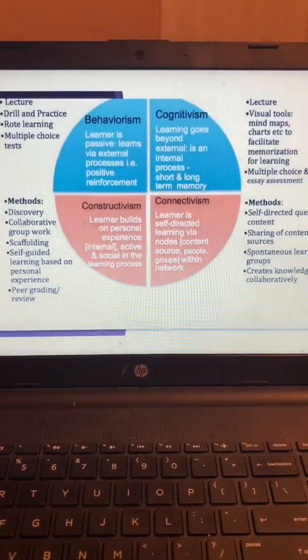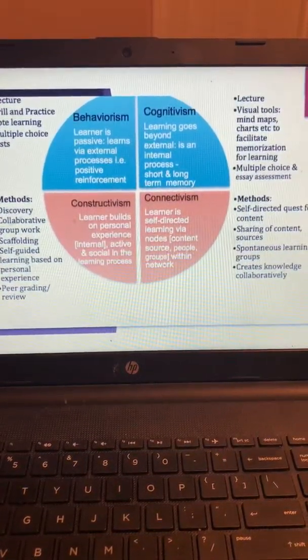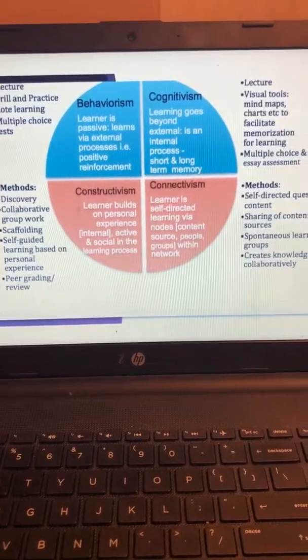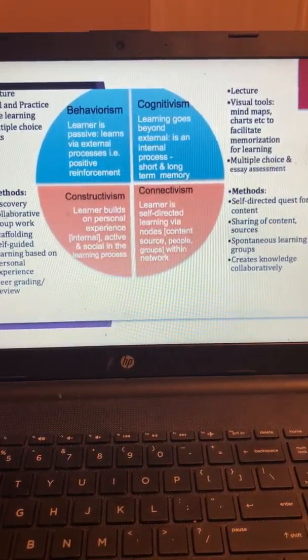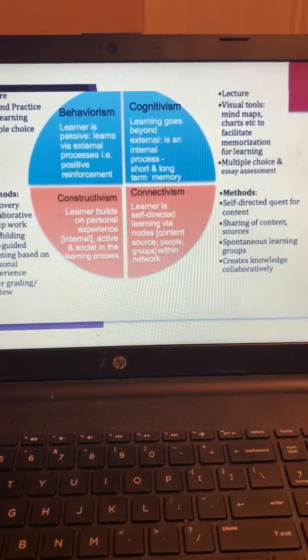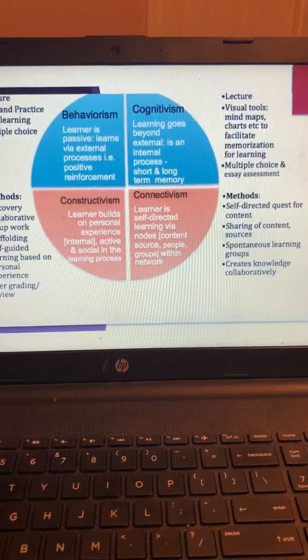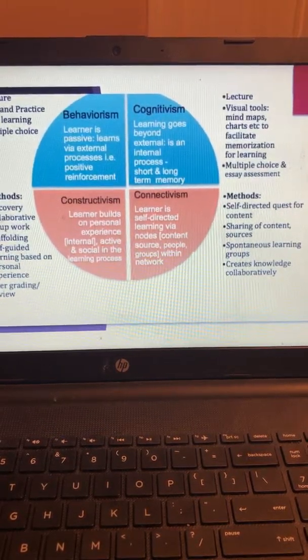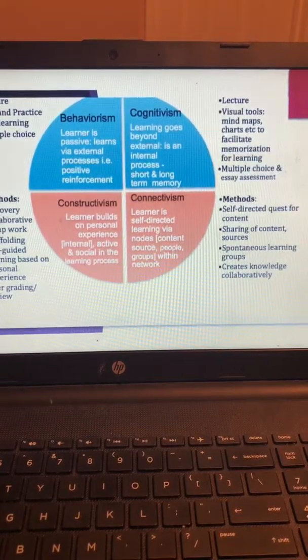With the next one, it talks about discovery, collaboration, group work, scaffolding, and self-guided learning based on personal experience, peer grading, review. And this learning builds on personal experience, and is active and also a social learning process. This relates more to my field because we do have those discovery interests and we do have the collaboration of group work. Sometimes I pair my stronger kids with some of my kids that might need some help so they can help each other,